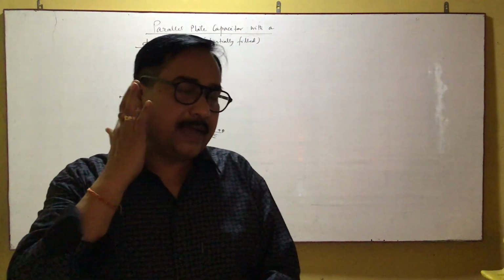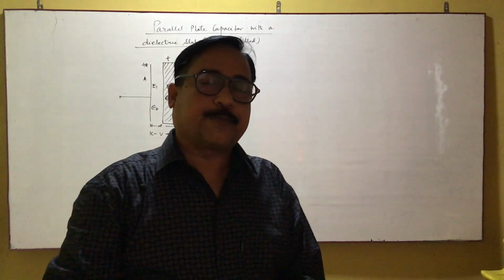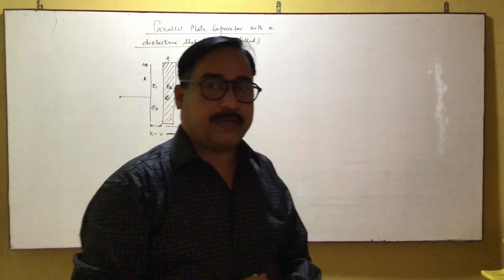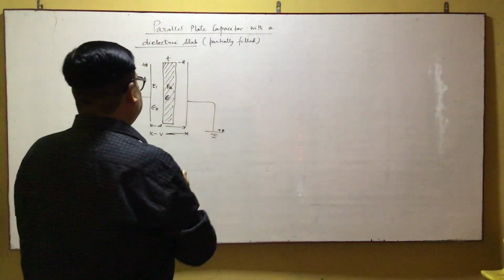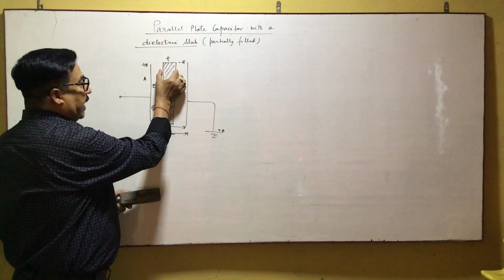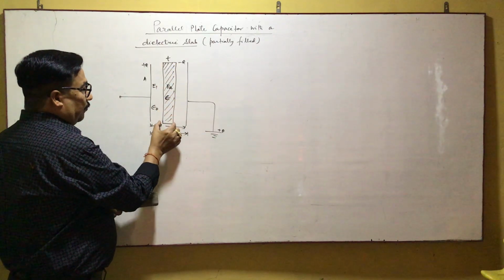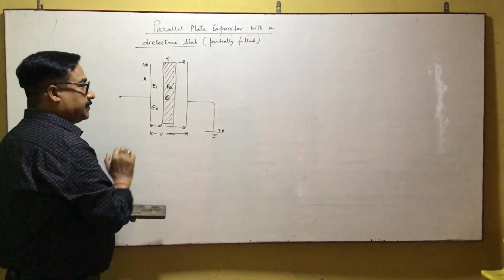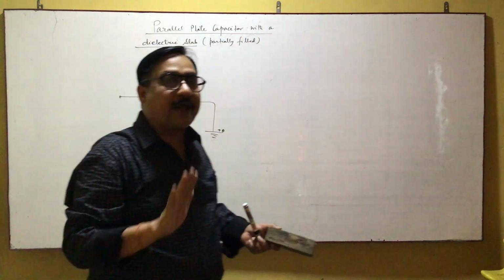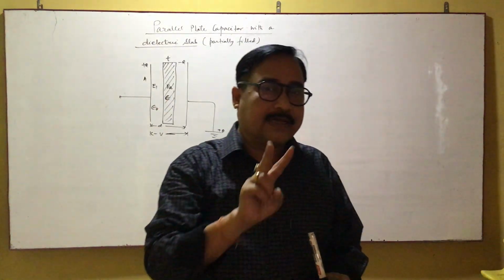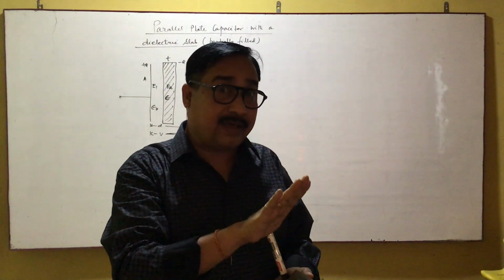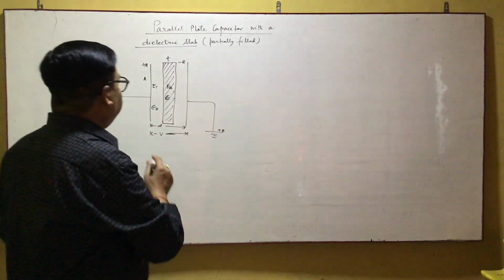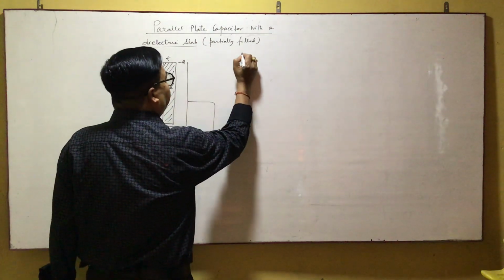अब हम लोग सीखेंगे expression for capacity of a parallel plate capacitor, but this time it is partially filled by a dielectric medium of permittivity epsilon and the thickness of the slab is T. So now it is not fully filled with one medium. Between the two plates, now two media, one is air and one is the dielectric medium, both are present. So if A is area of the plate,